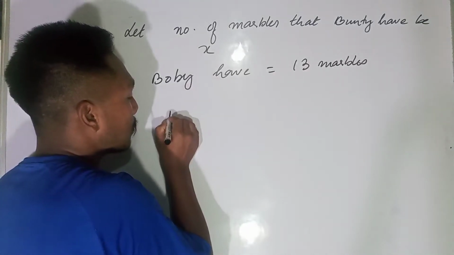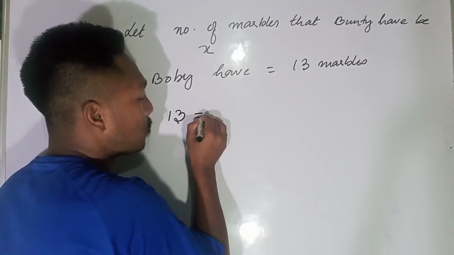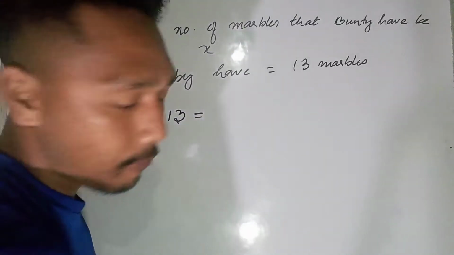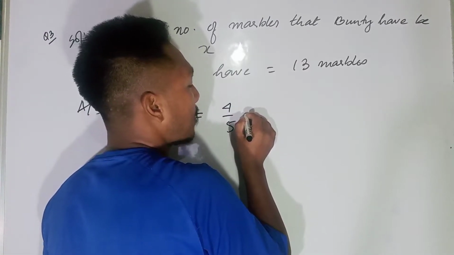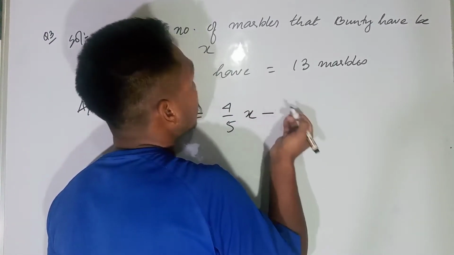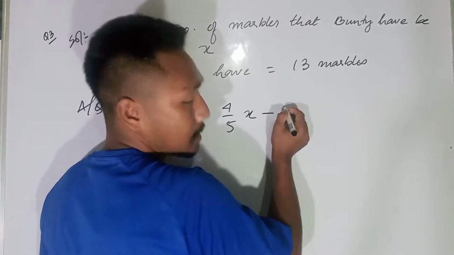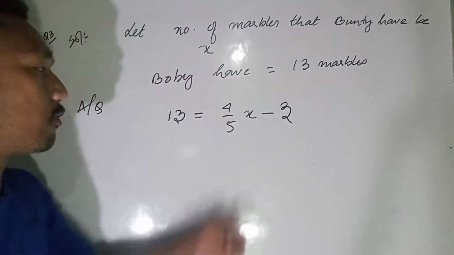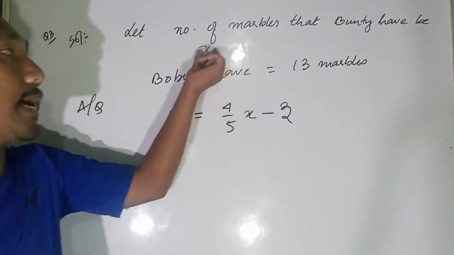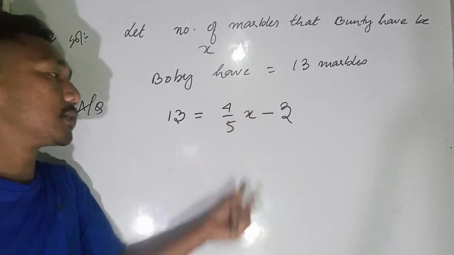Bobby's marbles is equal to what? Bobby's marbles is equal to 4 by 5 times, that means 4 by 5 into x, minus 3. Okay, it is 3 marbles less. So 4 by 5 of Bandi's marbles is x, so 4 by 5 into x